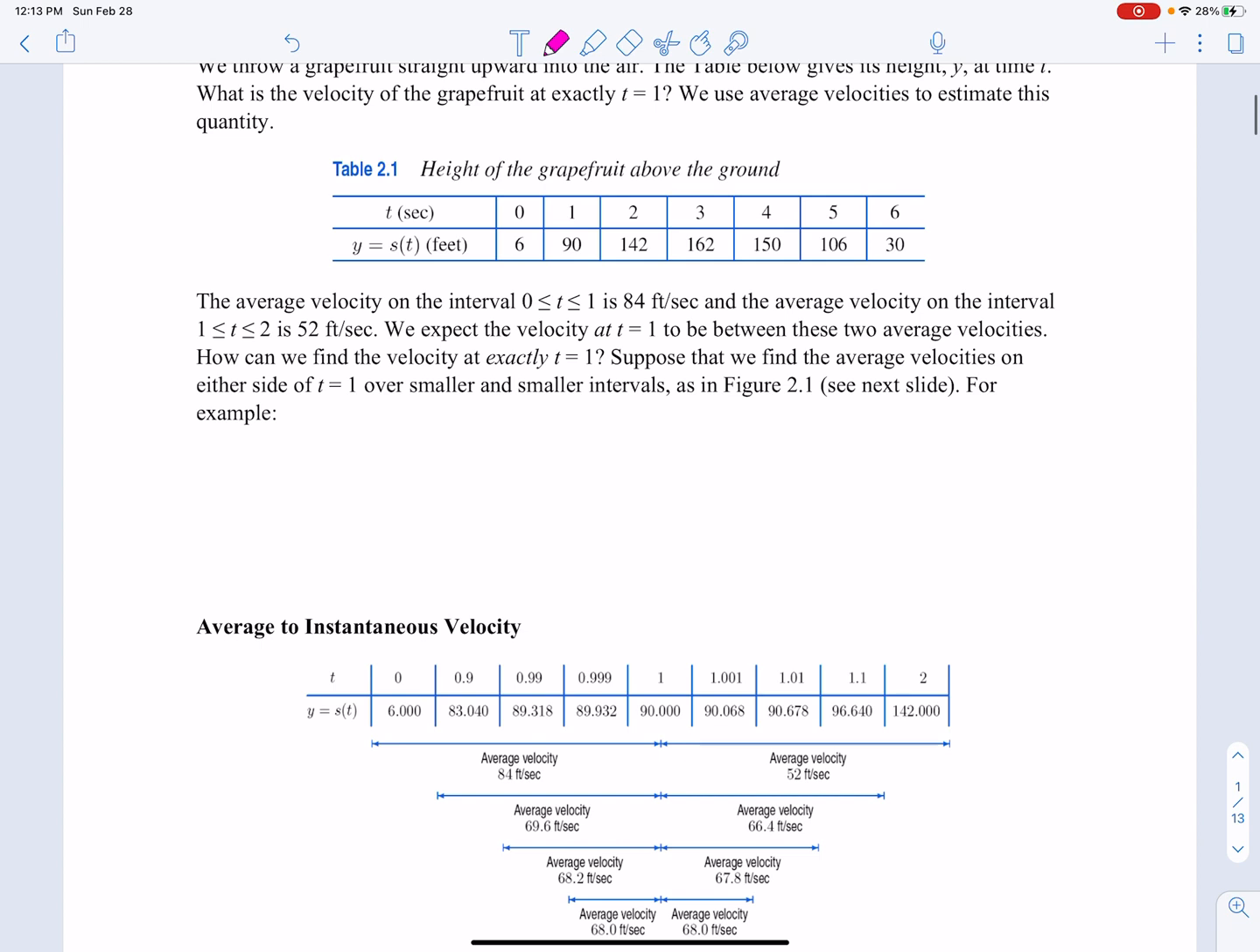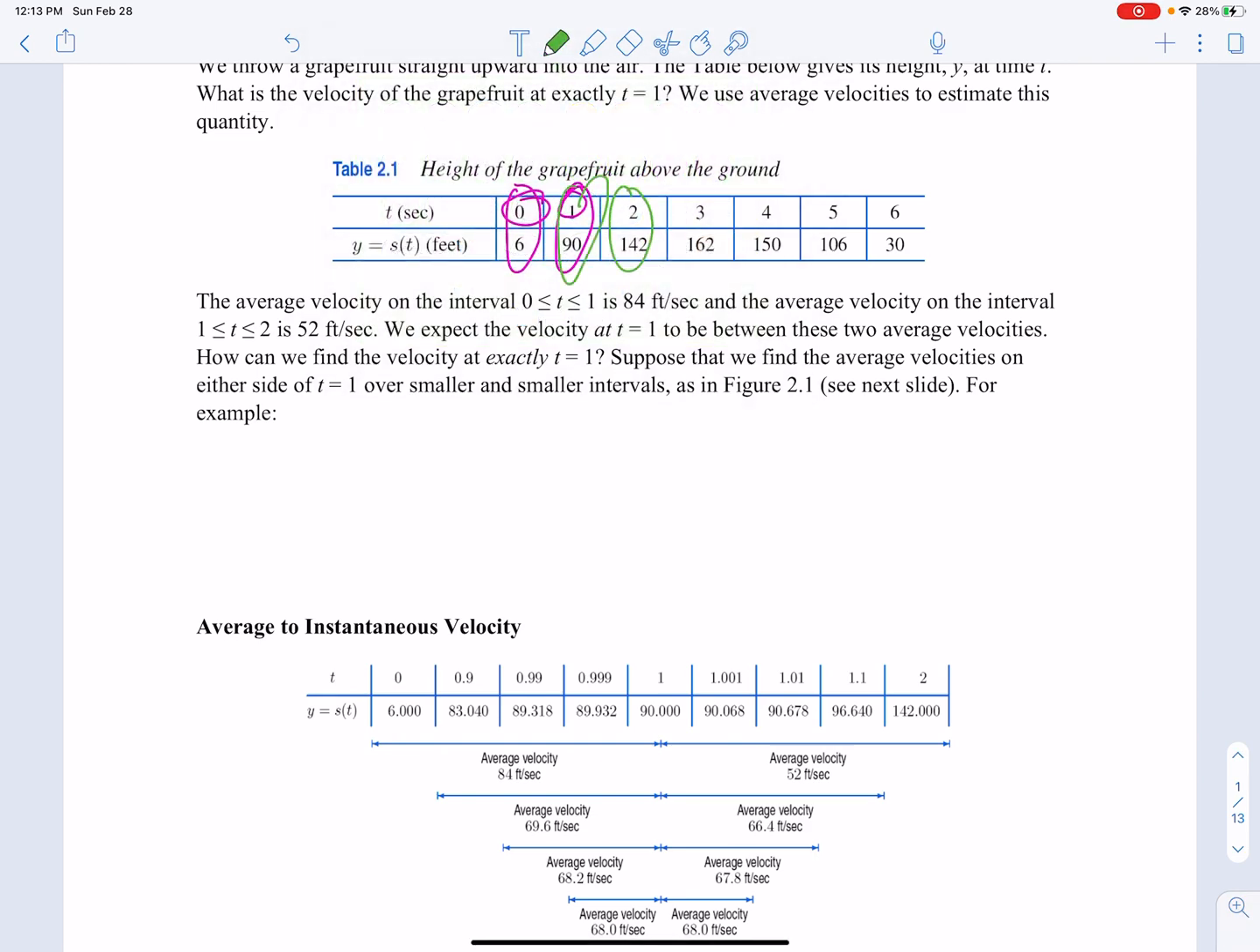All right. So here's the chart of the data, right? The average velocity on the interval from time equals 0 to time equals 1 is 84 feet per second. So again, you would just calculate the slope. Think of this as your x value; in this case, it's a t value, but you have this coordinate point (0, 6) and this point (1, 90). And what you would do, of course, is calculate the slope using the slope equation we've used several times before. So that average velocity is 84 feet per second,